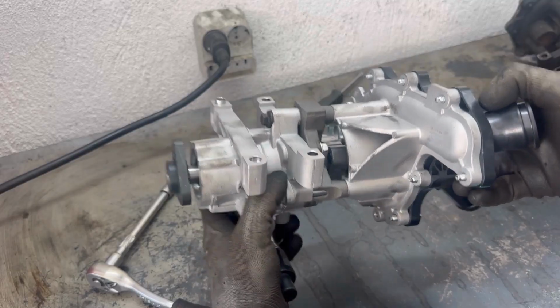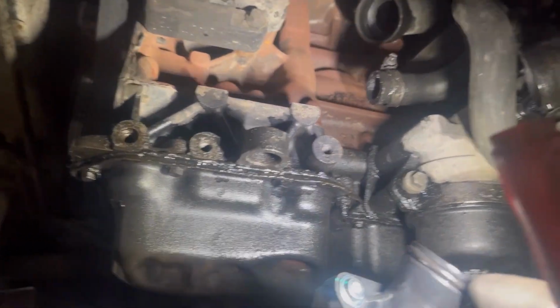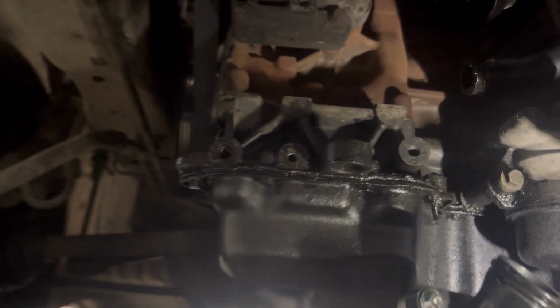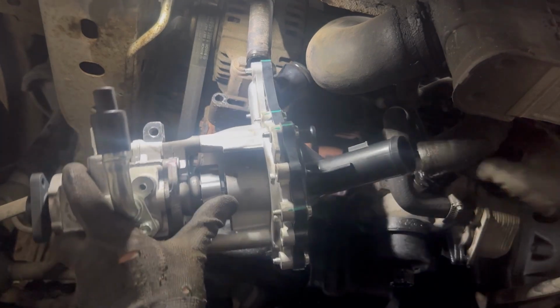That's the water pump and hydraulic pump assembled. Now we're going to put them onto the engine. This coolant pipe along with the O-ring should go in there on the engine. That's where it goes, and when we put that in first, then we're going to